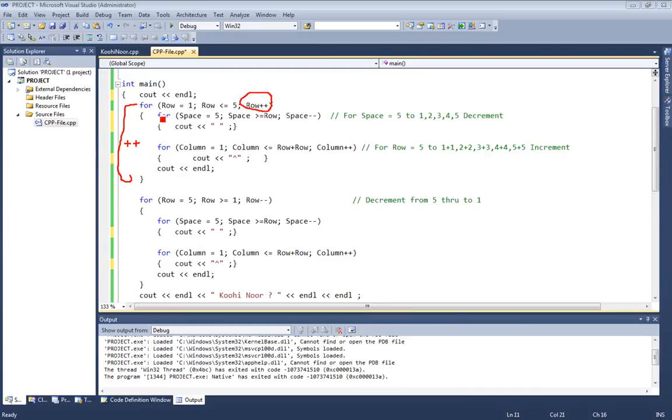Okay, then we have the spaces, which are going to decrement. So remember, spaces, it's going to be our spaces. And then we have the column, which is going to be 1 through whatever the value of the column is, which is going to allow us to form a pyramid. Now if we scroll further down,